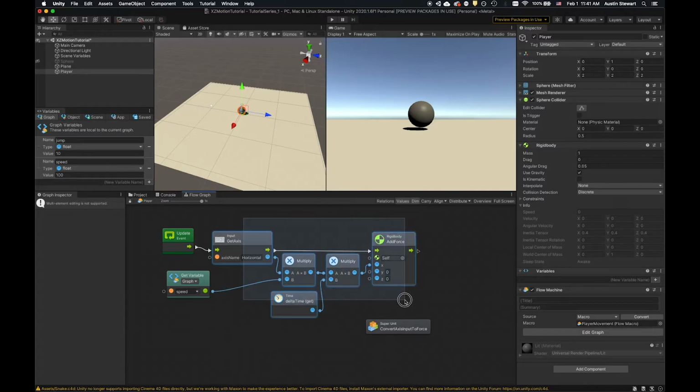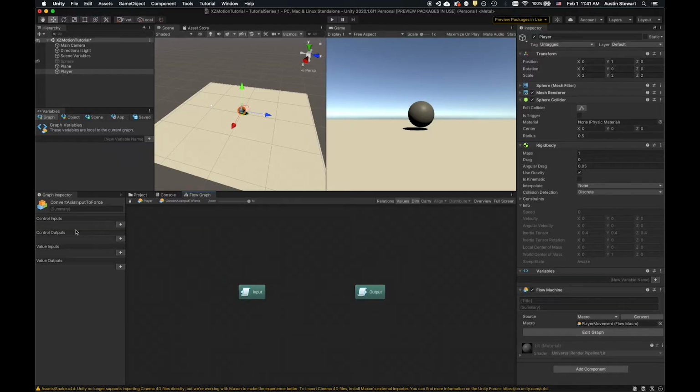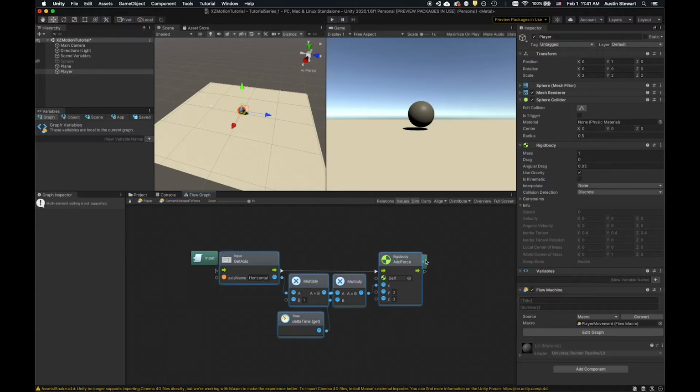So I'm just going to select all of these except for the update and the get variable. And I'm going to hit Command C or Control C on Windows to copy it. And then I'm going to select my SuperUnit here. I'm going to come over here and click Edit Graph. And you'll see that by default, I already have this input and output unit in here, but there's nothing attached to that whatsoever. So I'm going to go ahead and hit Command or Control V to paste these units,